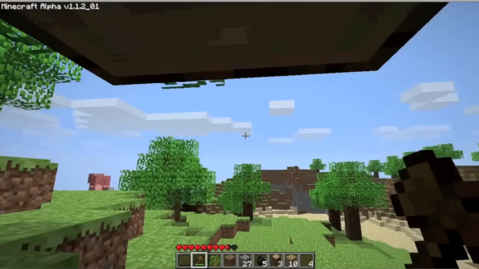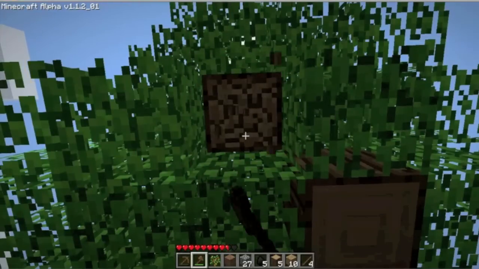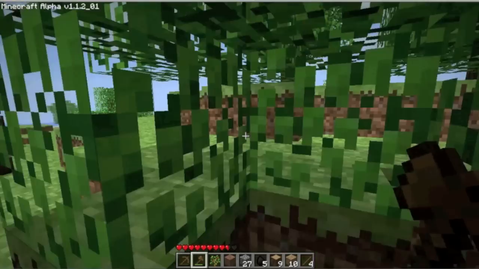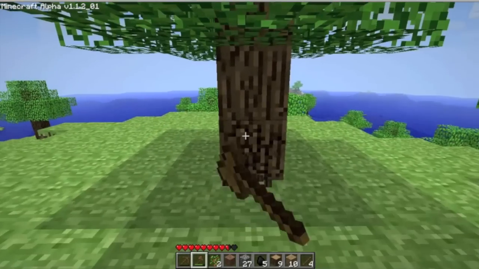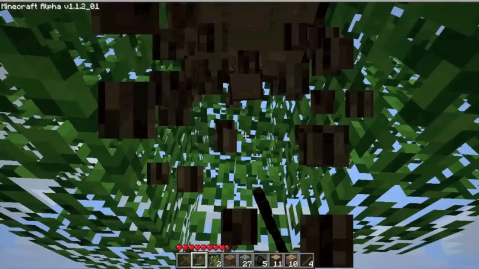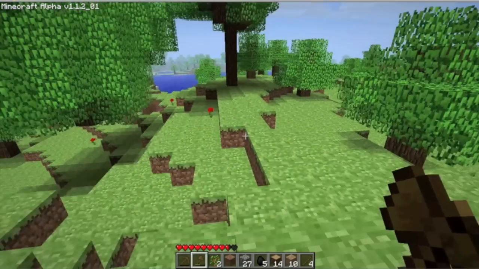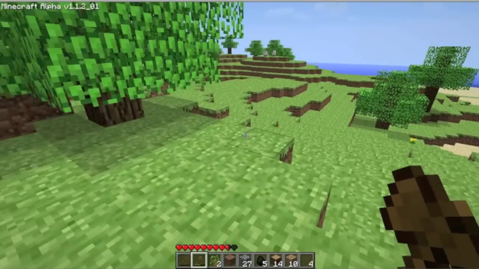So just cut down about 3 or 4 more trees, maybe not even that much, enough to where you can have about 20 of the wood blocks, and then from that you'll make the other wood blocks that you can use to build stuff with. So yeah, I'm just looking around for more trees. Now once you find as much wood as you need, which I have about 14 blocks,